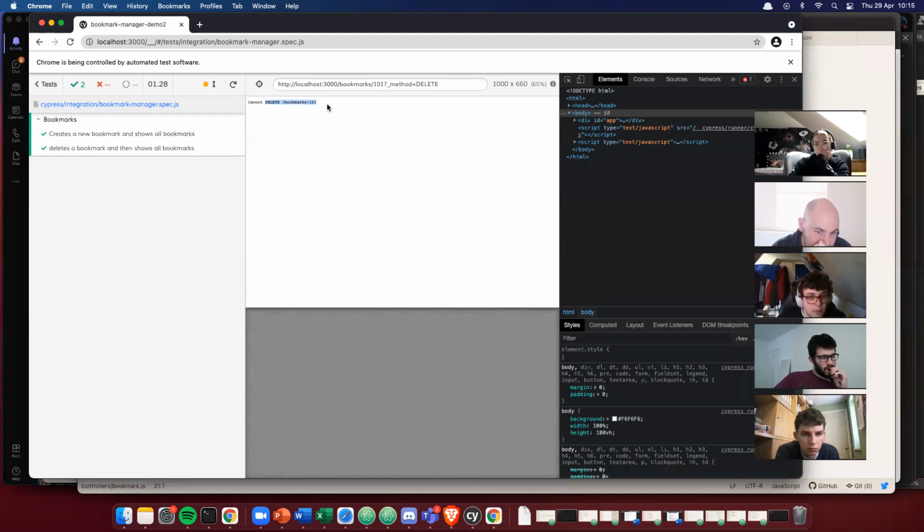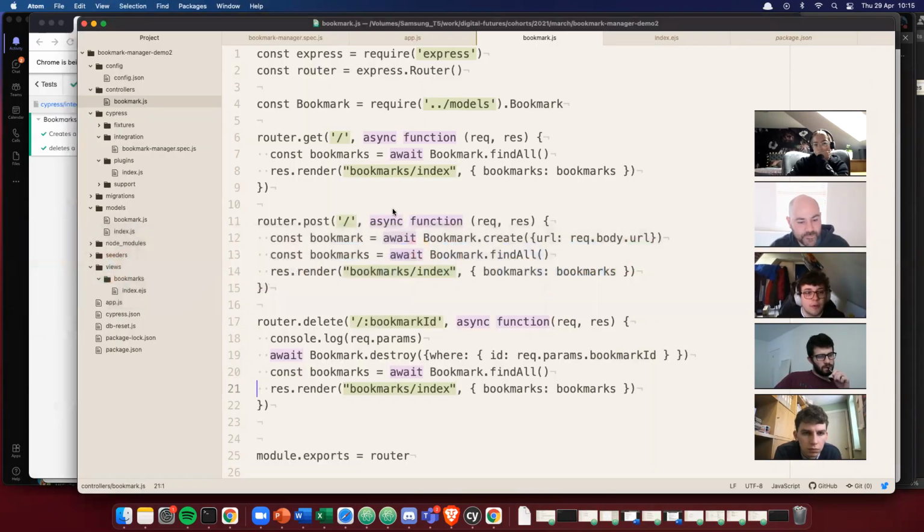Okay, so delete /bookmarks/101. At the moment, still can't delete it. You can see the URL is formed at the top here, that I've got my resource, the ID, and then I'm sending across method delete. So far so good. And let's double check that